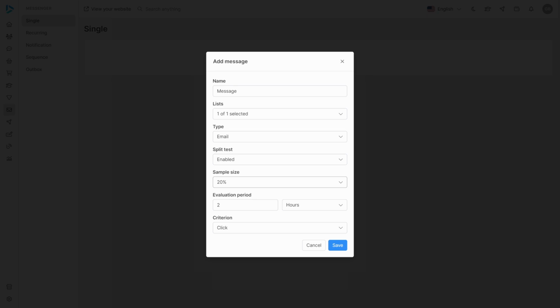I'm then going to choose my evaluation period. So how many hours after sending this initial split test email are we going to wait before we decide on which email has outperformed the other? You can set this for as long or as short as you want. It's automatically set to 2 hours, but you can change it to seconds, minutes, hours, days, weeks, however long you want. I'm going to leave it as hours, and then I'm going to choose my criterion, which is a click